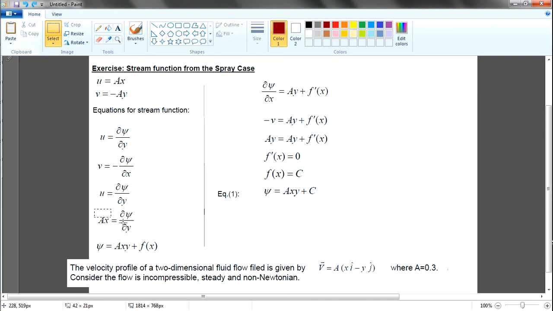So ax, okay, ax is equal to, as we know, u is equal to ax. Since u is equal to partial xi over partial y, ax is equal to this. And then in order to solve for xi, you need to integrate, right? So I'll just bring the partial y from the denominator upwards, and then integrate. Okay, integrating, you have axy plus some function of x, because